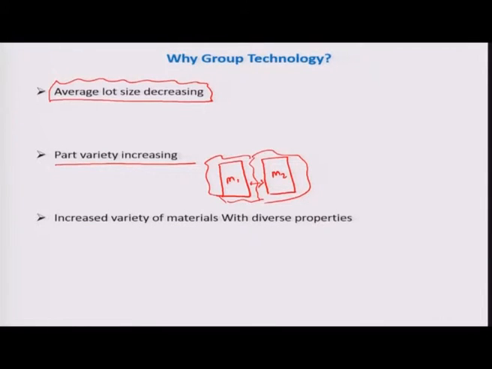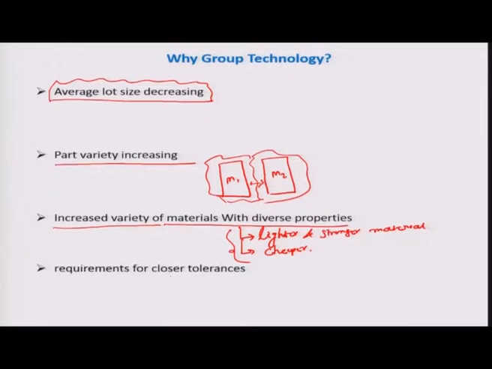Another factor is the increased variety of materials with diverse properties. Every industry is moving toward lighter, stronger, as well as cheaper materials, so companies are under a lot of pressure because the variety of materials is increasing. There are also requirements for close tolerance: parts are fabricated with close tolerances, and it increases cost.